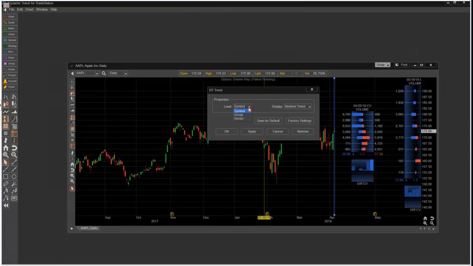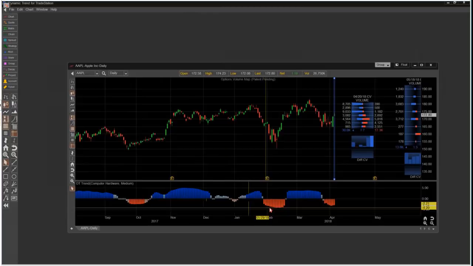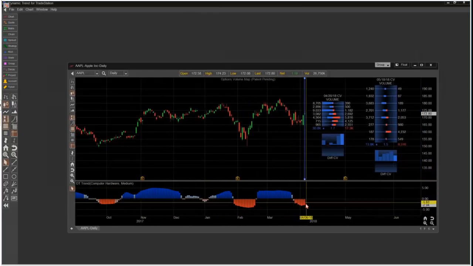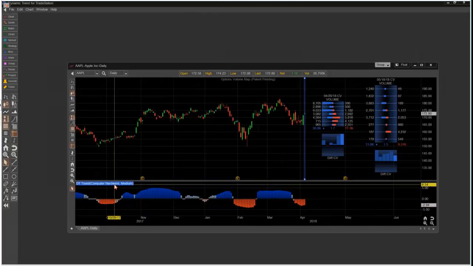I can either change it to the symbol, the group, or the sector. So we'll just put the group here and click apply, and then it will give you strength values for that particular group, historical strength values along with current strength values. So you can see how that overall group for Apple, which is the computer hardware, is